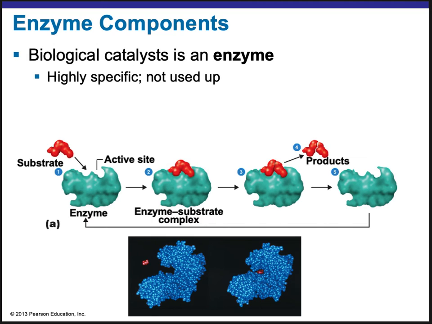Okay, so the definition of an enzyme is that it's a biological catalyst. A catalyst is something that speeds up a reaction. And so biological catalysts are enzymes. Enzymes are protein, but they can also be a protein with an inorganic compound attached to it. Enzymes are highly, highly specific. So this active site is only going to fit this substrate. You could throw lots of different substrates at it and nothing will happen because it's specific. It's like a lock and key.